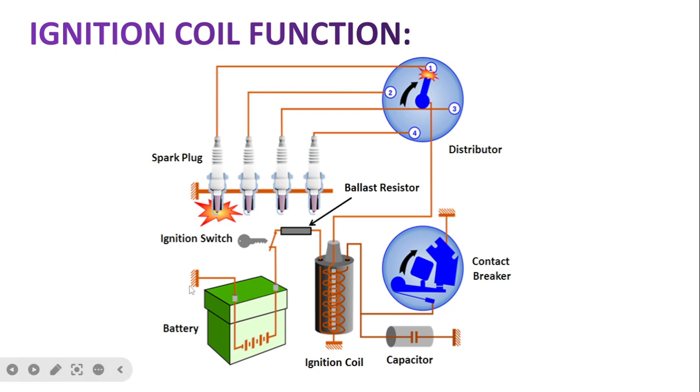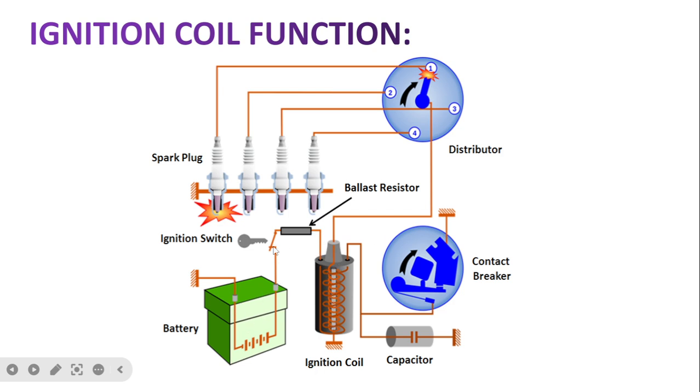Now here is a battery. This is grounded, and this is the positive terminal. Here they have shown the car key switch, the ignition switch we can say, right. When the ignition switch is turned on, okay, my cursor is creating some trouble. Now you can see here is the ignition coil.